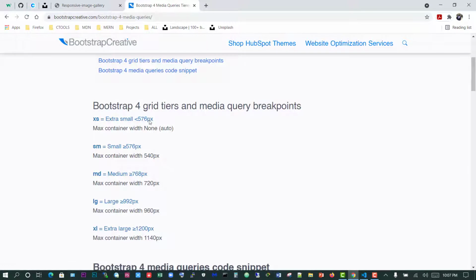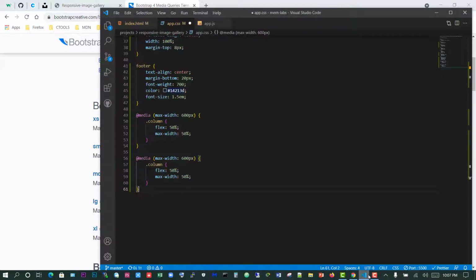So Bootstrap uses 576, medium is 768, and large is 992, extra large 1200. So I'm just going to make my small to be 576 and the medium 768. So let me just adjust this 600 here